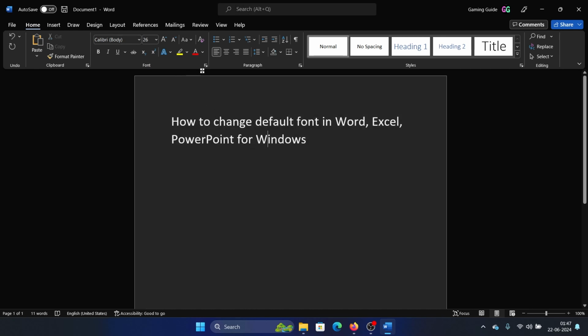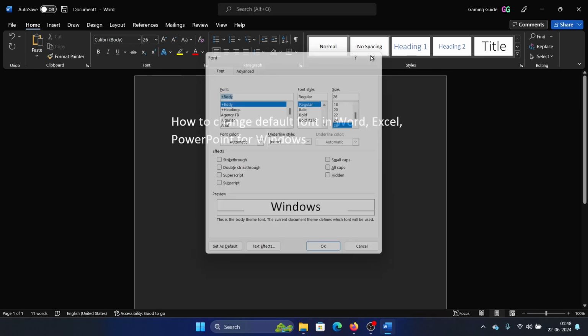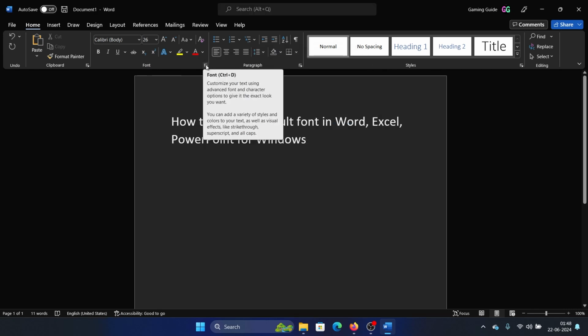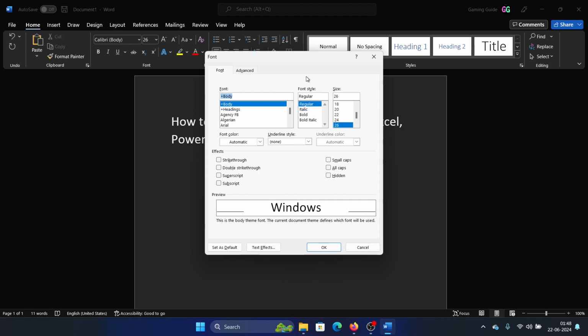So how do I change the default font for all these applications at once? Click on this icon here, this little one in the font section. Now I can select all these fonts. I can select it to be bold, I can select it to be 22 size, whatever I want to. I can have a preview and then I can click on OK and it will set the font as it did earlier. But if I want to set it as default, I click on this option here, set as default,